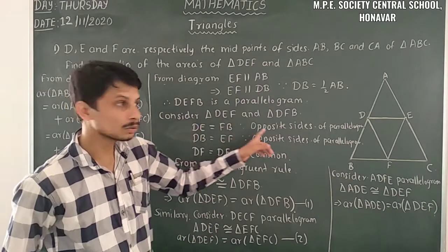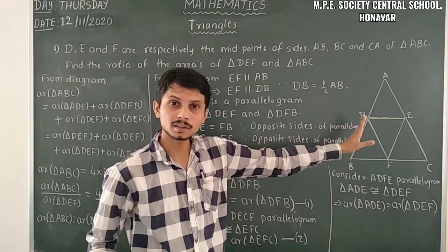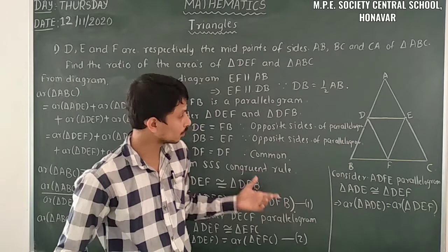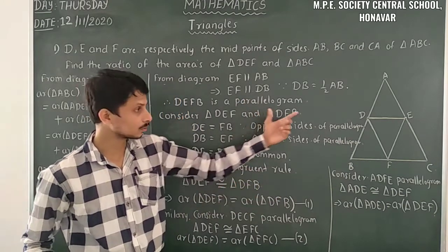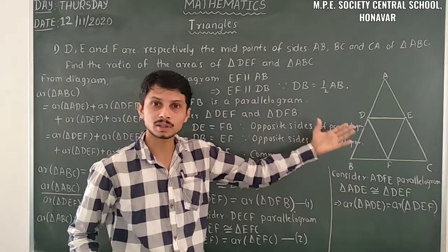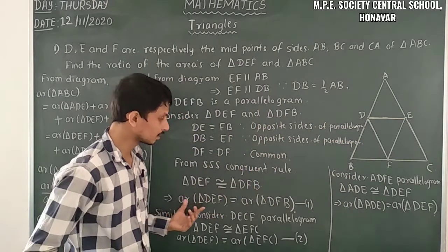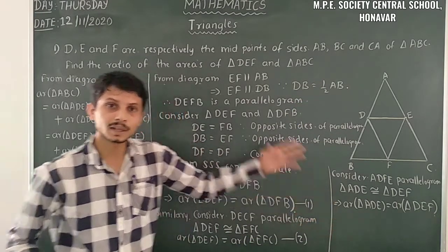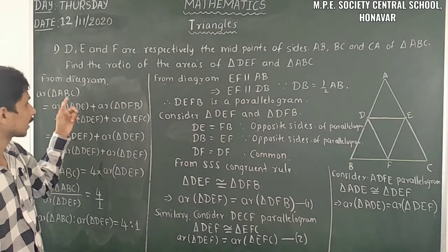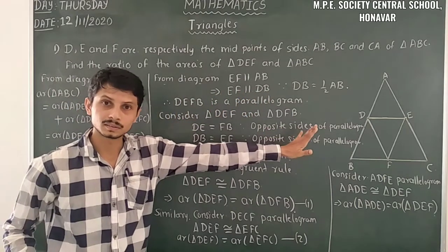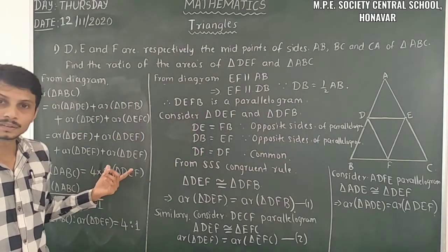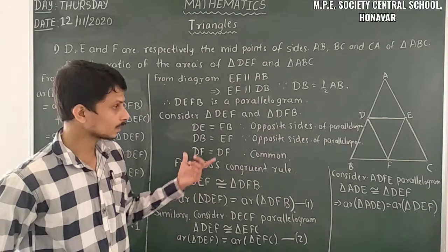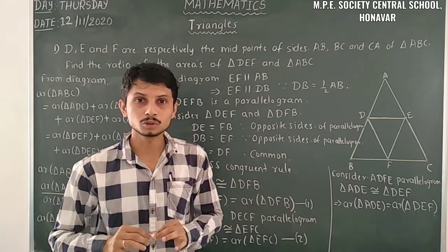That means all the areas are equal. Inside the ABC we have 4 triangles, all the areas are equal. So we have to consider those parallelograms. Then we take those 2 triangles are congruent. Then we take the areas of those congruent triangles are equal. Simultaneously we consider all the parallelograms. Then we take the formula, area of triangle ABC is equal to the sum of all the triangles, and then we insert that equality. After that we take the ratio. So this is the solution of this problem.